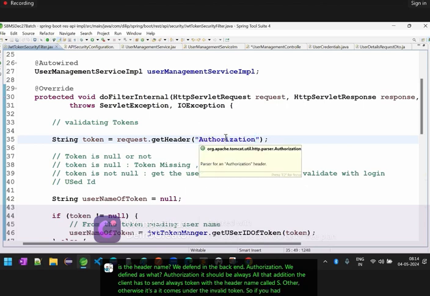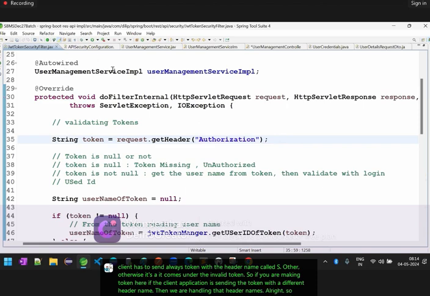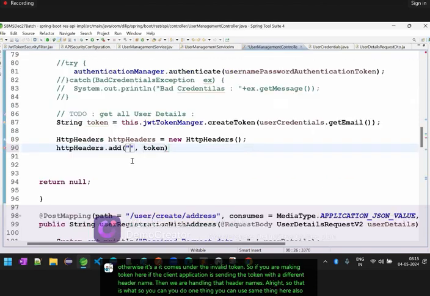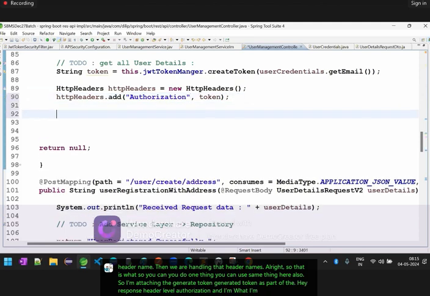If the client application sends the token with a different header name, we are not handling that header name, right? So you do one thing. You can use the same thing here also. I'm attaching the generated token to the response header authorization, and what I'm going to do here is create a new